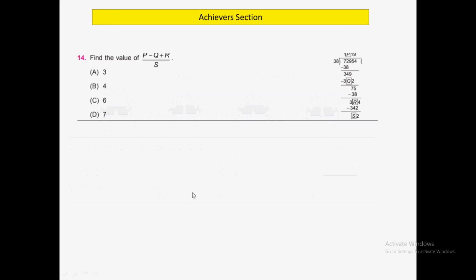And finally, the difficult section is your achiever section. If you get good marks in the achiever section, you are definitely going to score higher because the merit is very high within one question. So if you are able to do well in the achiever section, your merit will be better than others. You can see the questions that are being asked, like there is a figure and we have P, then Q, then R, and they are asking what will be the result of P minus Q plus R divided by S.